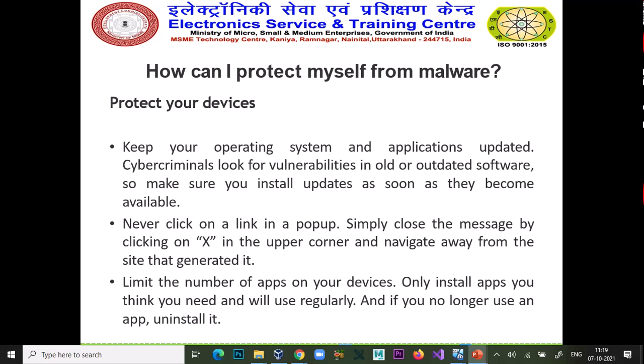So make sure you install updates as soon as they become available. Likewise, for any Android version or iOS version, you have to update, and your Windows or your Mac OS also.